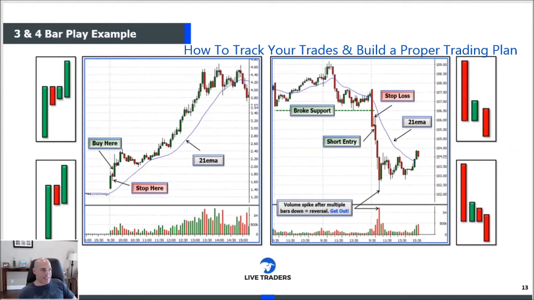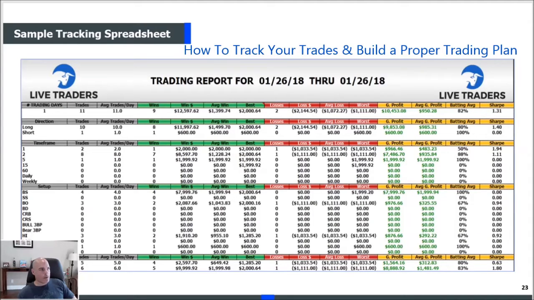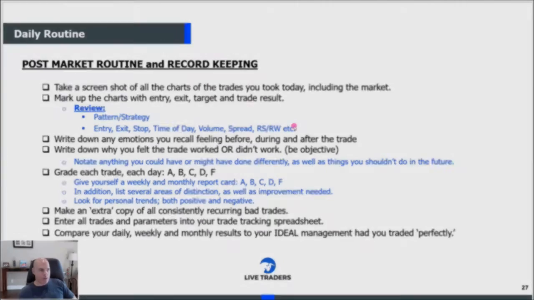And then after you're done taking the trades, you're going to put them into the tracking spreadsheet. And then you're going to look at what? The raw data, the trading report to tell you what you're good and what you're bad at. And then once you put that all together with the pattern review, the picture strategy review,